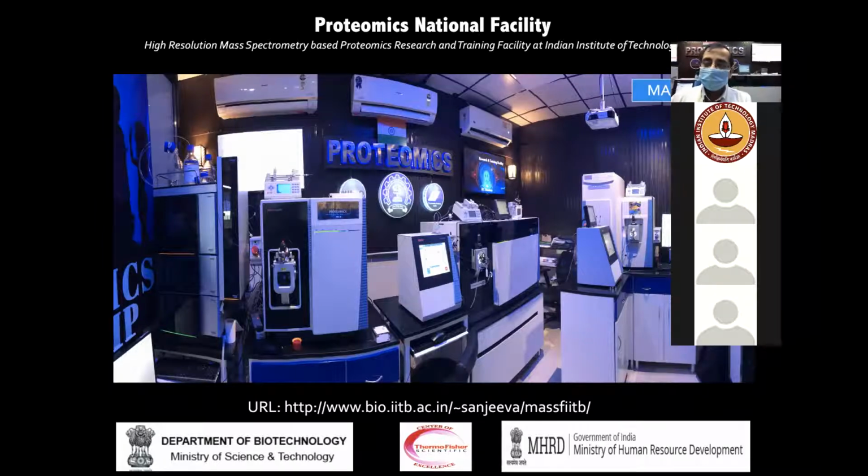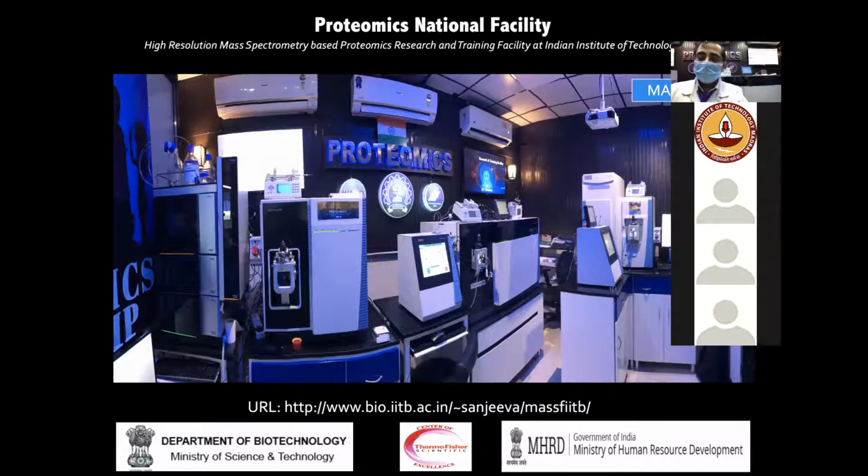So all three of them are LC-MS, but depending on what type of mass analyzers they have and what your application is, you can choose the right platform. For example, to begin with, to investigate any problem, we would like to first look at what all proteins are present in that given sample, which is known as shotgun proteomics or deep proteome analysis, right? So that's where you first come to the very advanced Orbitrap instruments, where you'd like to know the entire possible proteome from the given sample type.